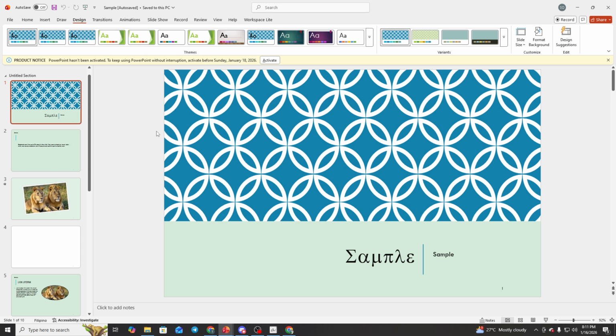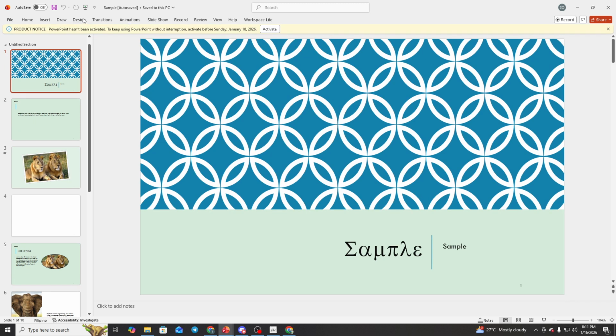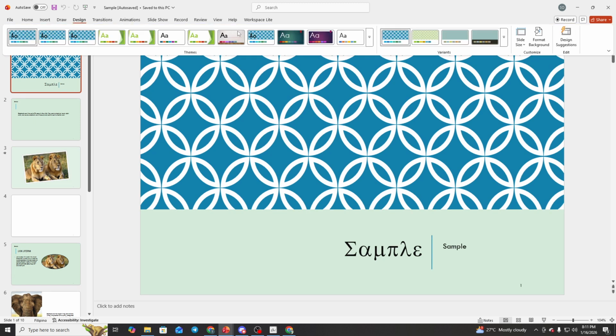Head to the Design tab and fine-tune your theme. This is where you can adjust colors, fonts, effects, and background styles. If you see the Variants section, you can open the drop-down to customize colors and fonts to match your brand